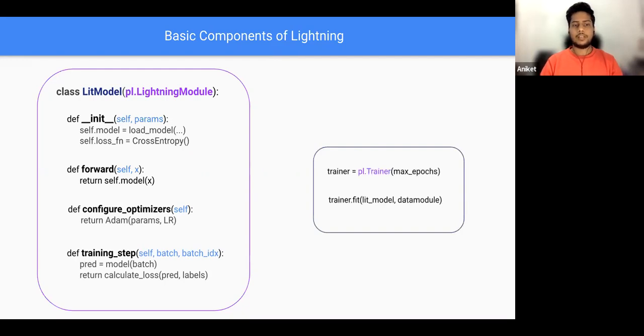After you build this Lightning class, you create a pl.Trainer. You provide all the configurations like number of epochs and callbacks and all. And after you have instantiated a model from this LitModel class, you can use your data module to train your model. So Lightning makes it really easy. You don't have to write your own training loop here.